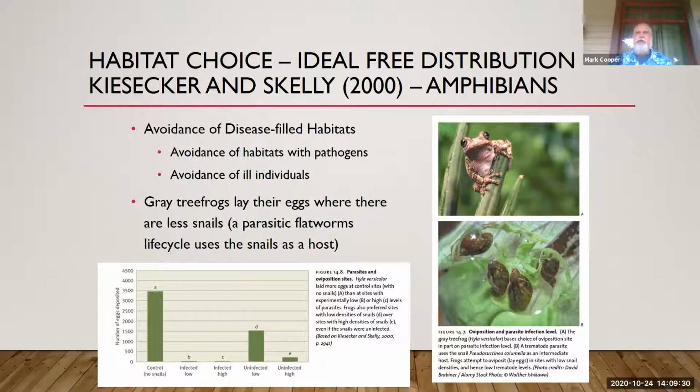And flatworms, these trematodes, actually have a couple of hosts. So in their life cycles, they'll live in one host, develop, and then they'll live in another host. So the larvae of some of these flatworms will actually grow in snails. So the frogs will actually look for sites that are snail free, or if the snails are everywhere, they will pick an area where the snails are fewer. So the idea is, I'm going to figure out habitat choice just by quality of habitat, and how I'm judging that is disease and/or parasites.